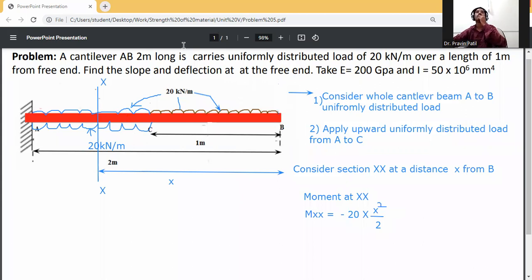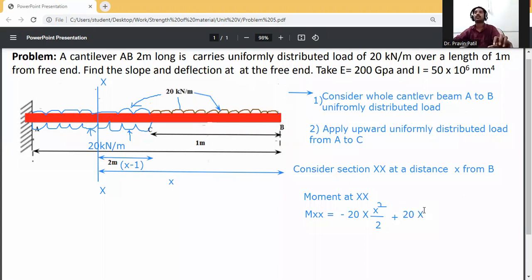Now this load is the upward one. So consider this UDL. What is its distance? The total distance is x, and this part is 1, so the distance is x minus 1. Again, how is this UDL rotating about the section? It rotates anti-clockwise, and for the right side, anti-clockwise is taken as positive. So it will be 20 into